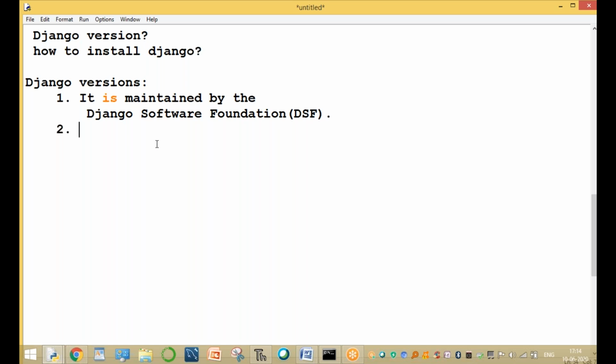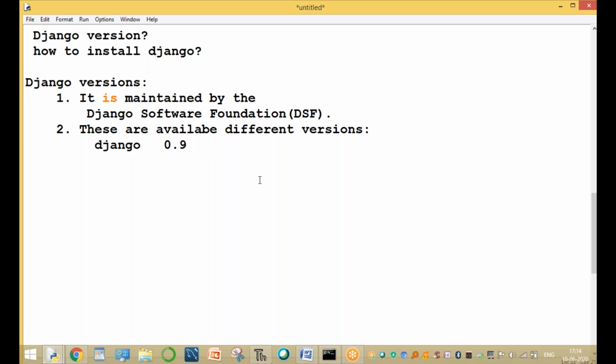Now the Django versions. Different versions are available. Which are the different versions?